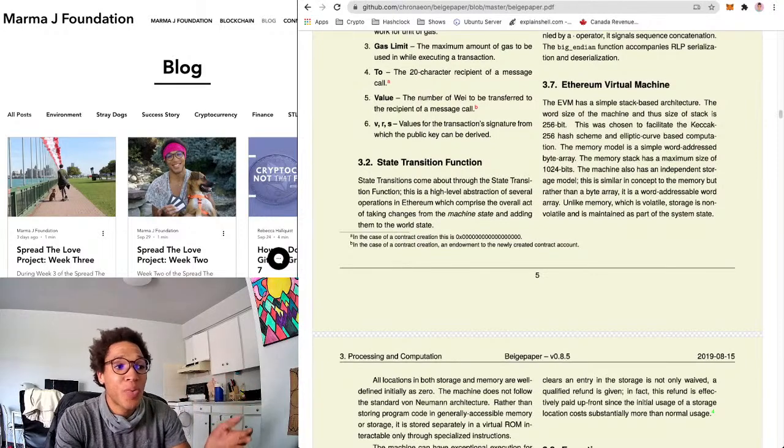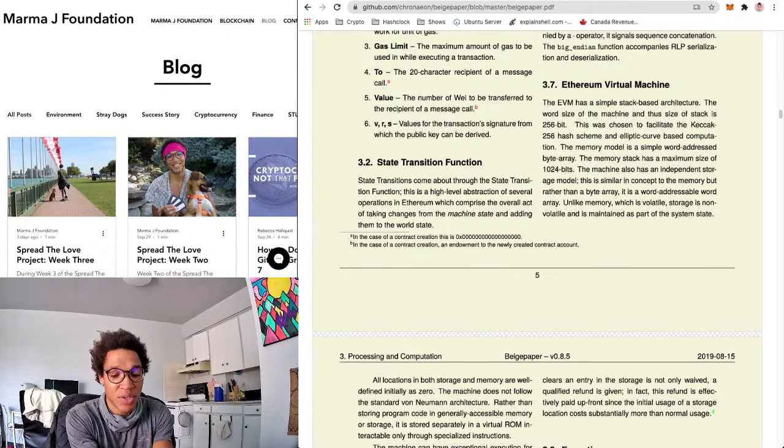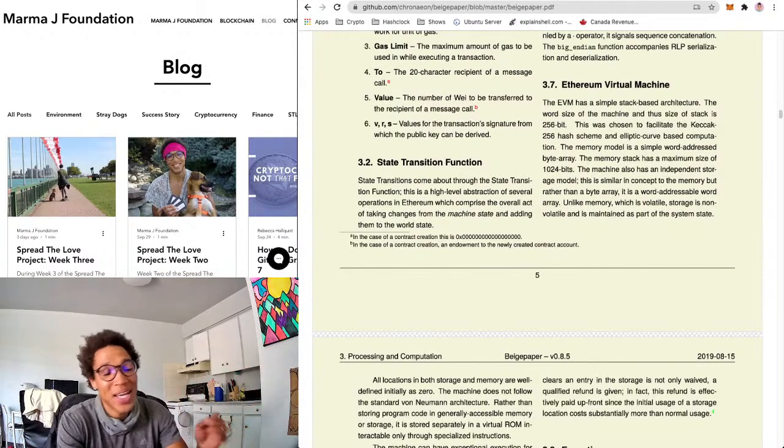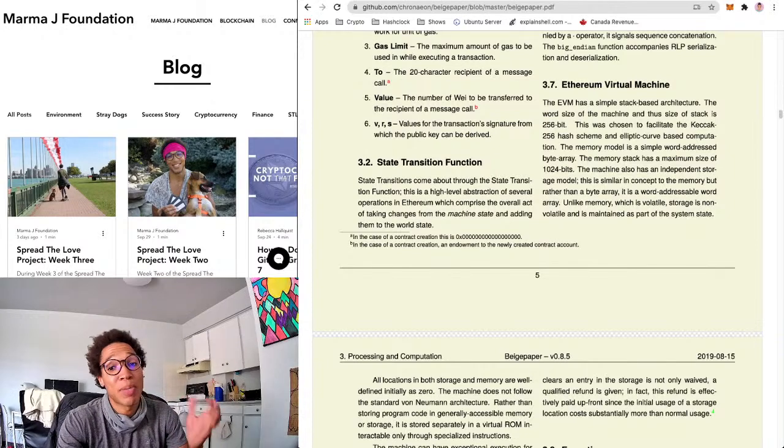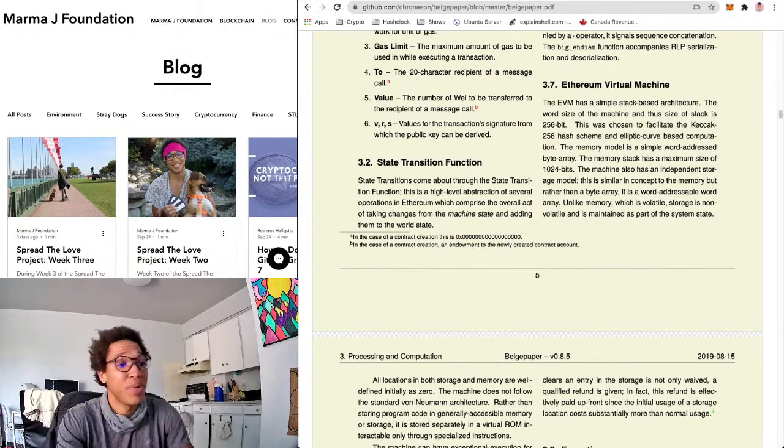But I guess this would be what I was just talking about, we're taking that machine state. So you go, okay, these are all the valid state transitions that are supposed to be happening on Ethereum. And then how do you actually get them to happen? Like, how do you actually do them in an efficient way? So what Danny Ryan was talking about was potentially working on making it more efficient the way it already happens. So I'm definitely going to look into that. But that's what this is about.